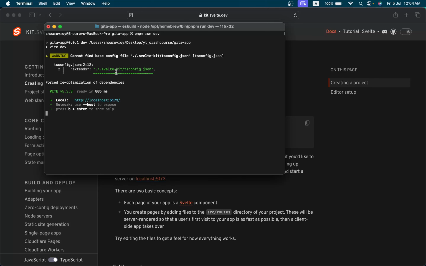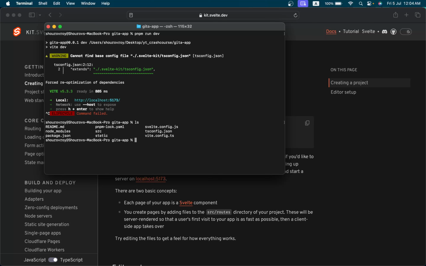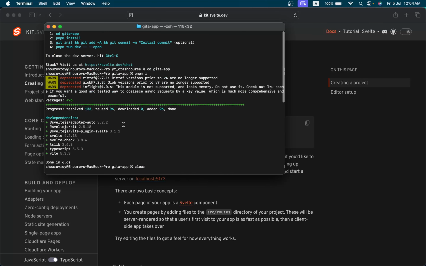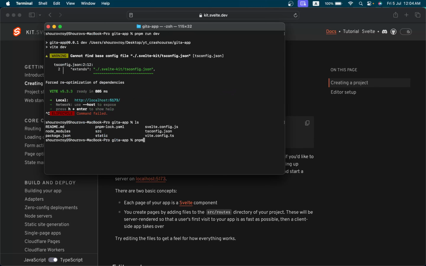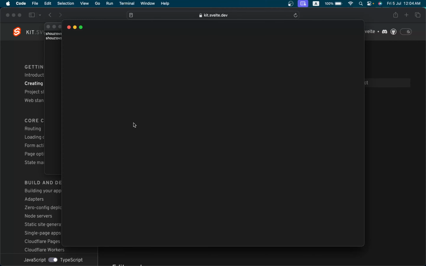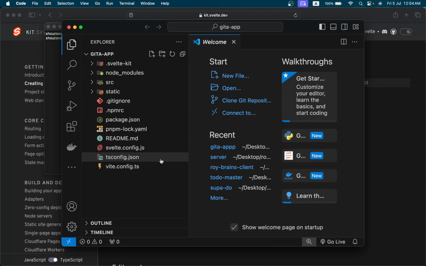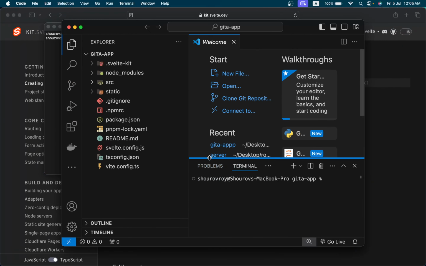well, it's tsconfig. Cannot find tsconfig. Why? Tsconfig.session, it's not there. Reoptimization of dependencies. So I think there's some problem. No. pnpm install. They're installed. Let's open up our code editor. So tsconfig.session, it's existing here. What was that? So let's open up